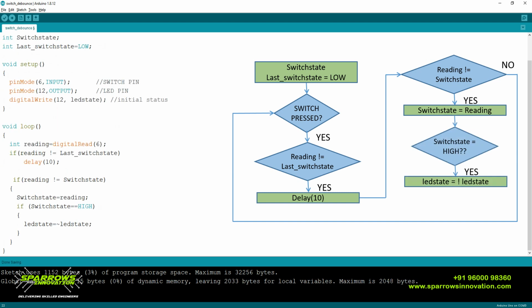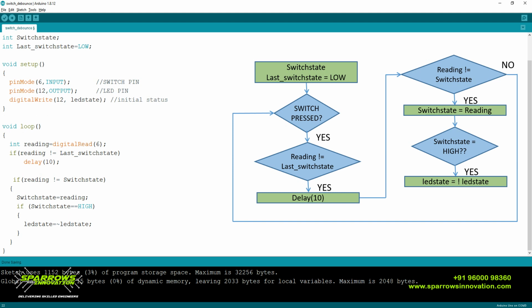Next I am going to check whether the switch state is high or not. In our example, only if the button is pressed, the LED state should change its value. So if this switch state is high, then complement the LED state. Here my switch state is high, so it will complement the LED state from low to high. So now my LED state is high, but only the variable value is changed, we have not written that value to the output.